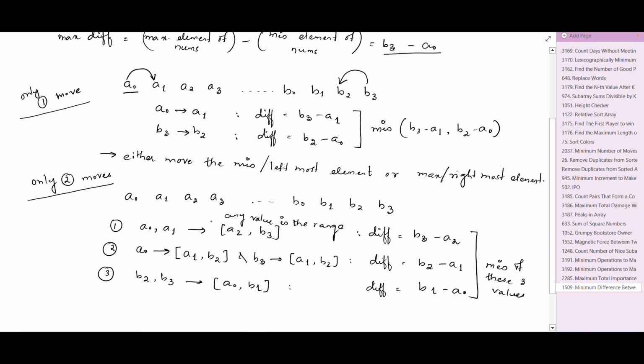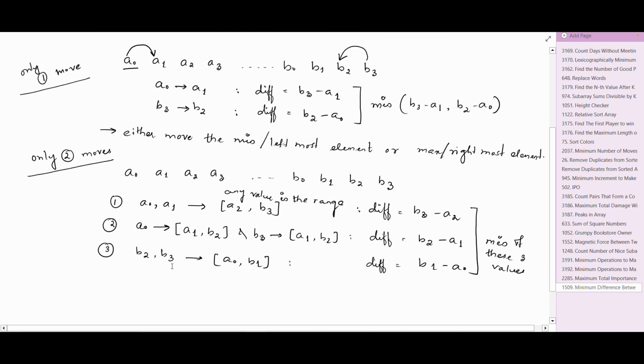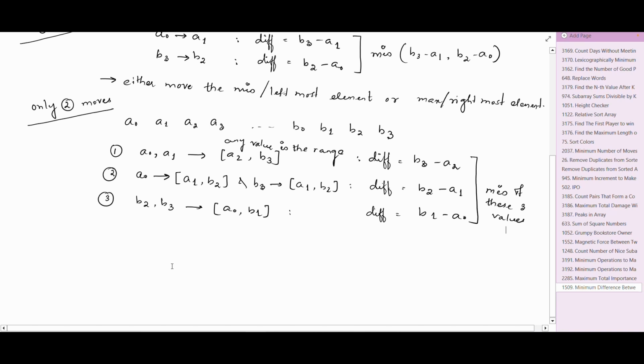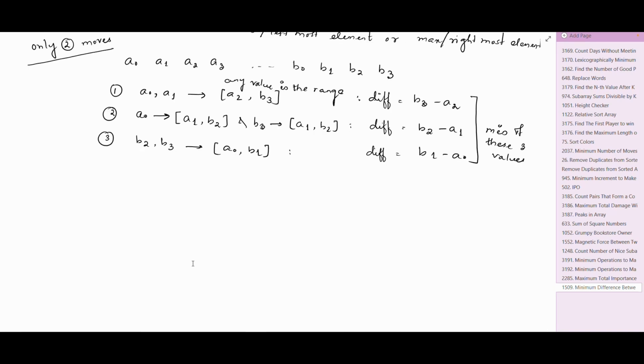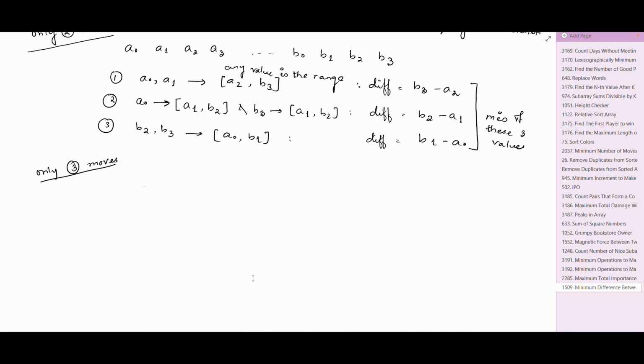So with two moves allowed, we can move either the smallest two elements, or the smallest element and the largest element, or the largest two elements. And we need to take the minimum of all three differences. Similarly, if we are allowed only three moves,